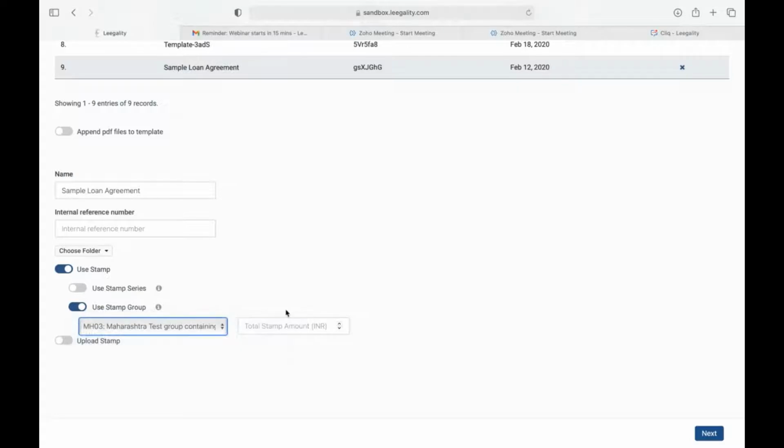So you have to select your group and you also key in the total amount, right? So here, let's say that I want to create a document with stamp duty of 650, right? Now, what will end up happening is that the algorithm which runs behind this system will pick out 3 stamp papers from our bucket. It'll pick out a stamp paper of 500 rupees. It'll pick out a stamp paper of 100 rupees and it'll pick out a stamp paper of 50 rupees, combine it to make the stamp duty of 650 as desired by you.